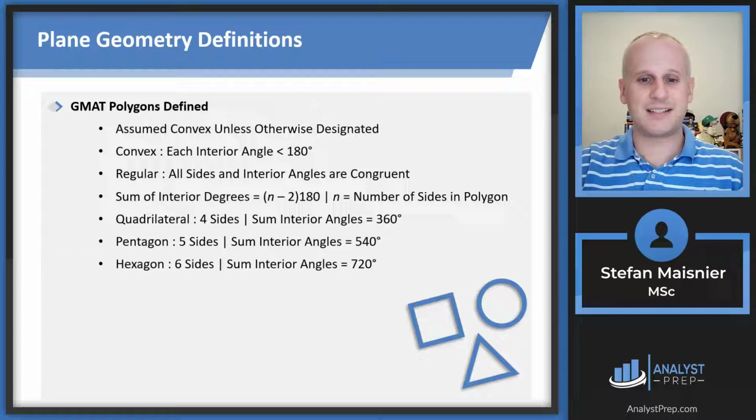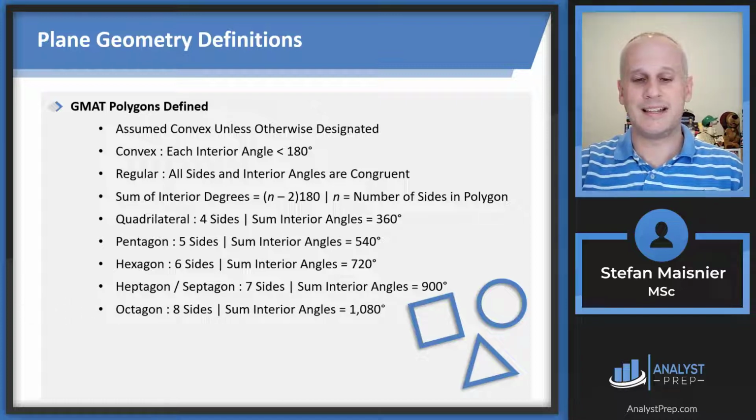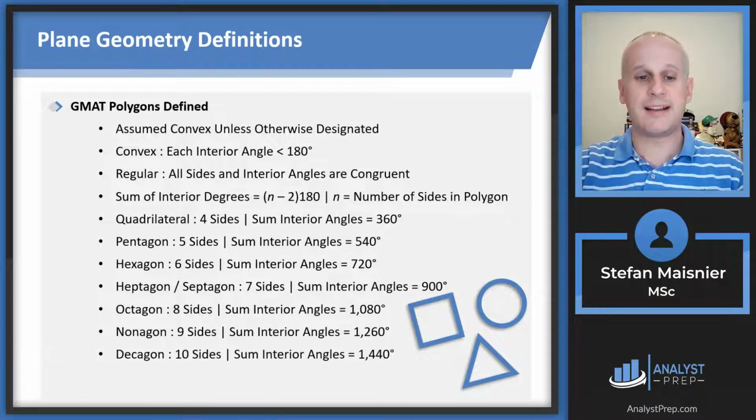A hexagon will have 6 sides. The sum of the interior angles there is going to be 720 degrees. A heptagon or a septagon is 7 sides, and the sum of the interior angles is 900 degrees. An octagon has 8 sides with a sum of interior angles of 1080 degrees. A nonagon has 9 sides, and that's when the sum of the interior angles is 1260 degrees. And a decagon, which you might recognize from the term decade, has 10 sides, and the sum of interior angles